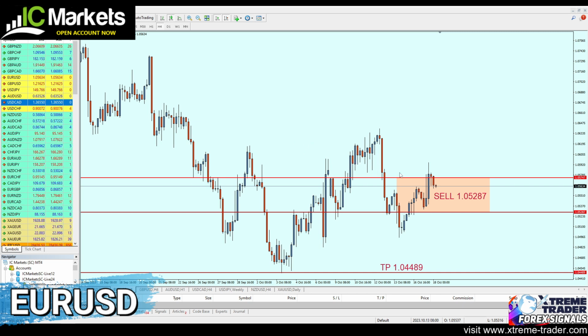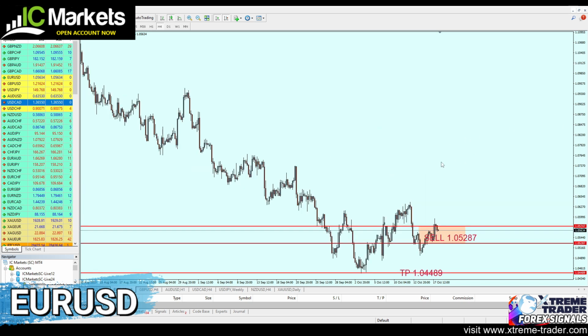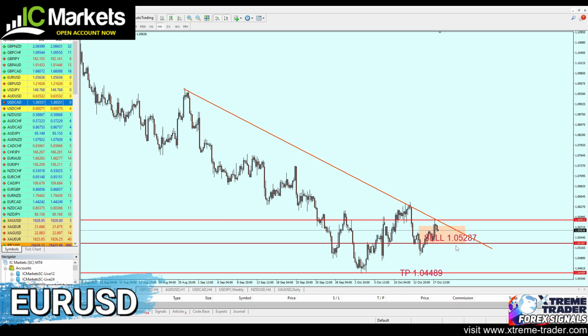Anyway, guys, let's now begin with the Euro USD. As you can see, unfortunately, my original analysis on the Euro USD didn't work quite well, and the market just didn't reverse exactly at the given price of that level of resistance. However, it's now ranging at the area of the safe zone, and now it seems like it's going to continue the fall. It's important to mention that the Euro USD is, of course, on a strong downtrend currently. And that means that the market seems like it's going to continue respecting that resistance trend line. Also, I want to highlight that right here we have a real level of